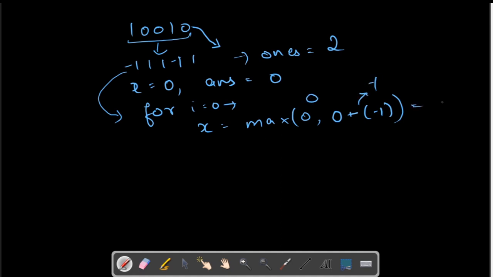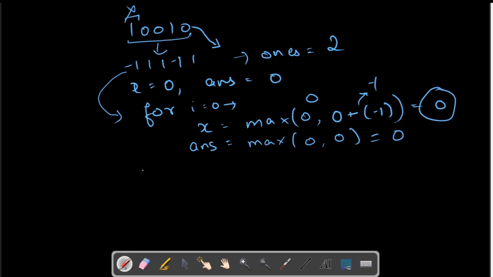So 0 is the maximum, we'll get 0 here, and our answer will be equal to the maximum of either 0 or 0, which will be 0, so there will be no change. No change means we are not flipping this bit, because there is no sense in flipping the first bit itself if it is set, because that will just reduce the number of ones.